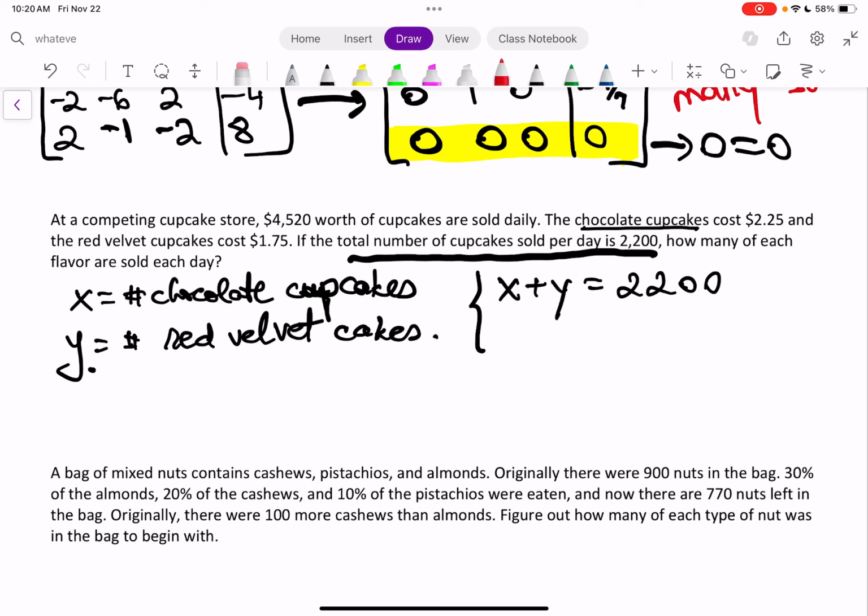Then we've got to follow the dollars. So the chocolate cupcakes cost $2.25 each. So $2.25 times however many you're selling, plus $1.75 for each red velvet times how many you're selling. So again, sell 10 chocolate cupcakes, you're going to make $22.50, right? Sell 10 red velvet cupcakes, you're going to make $1.75 times 10, so $17.50. The point is, we're going to sell a lot more than 10 because altogether the store makes